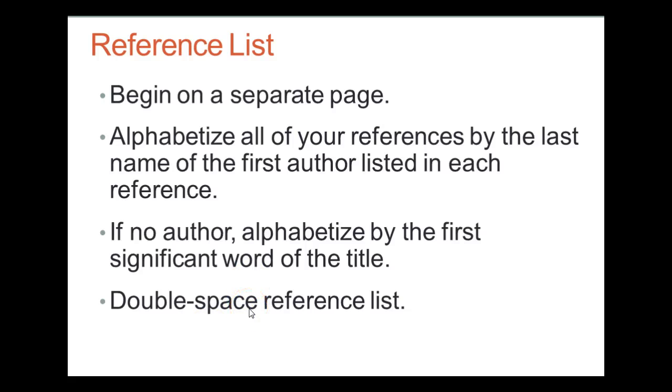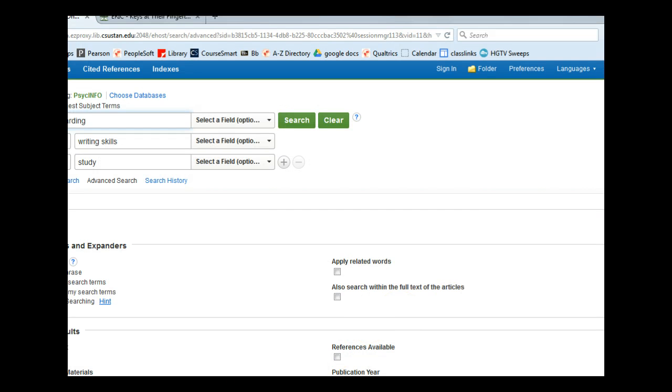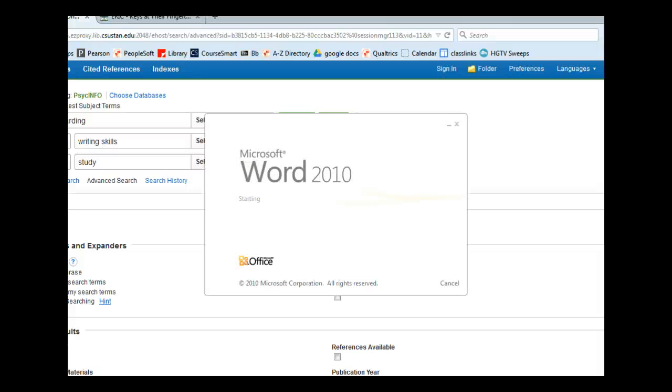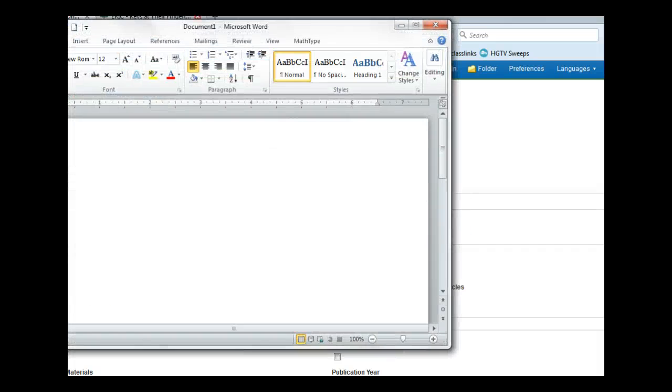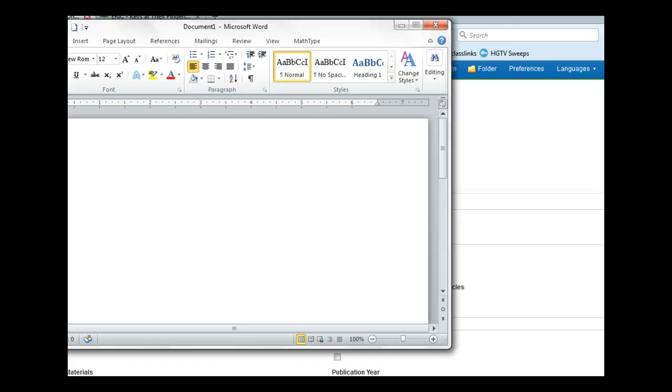The entire reference list should be double spaced. There should not be any extra vertical spacing between the entries. And then again, entries have a hanging indent. So I'm going to just open up my word processor real quickly and show you how to do the hanging indent. It works pretty much the same in any word processor,